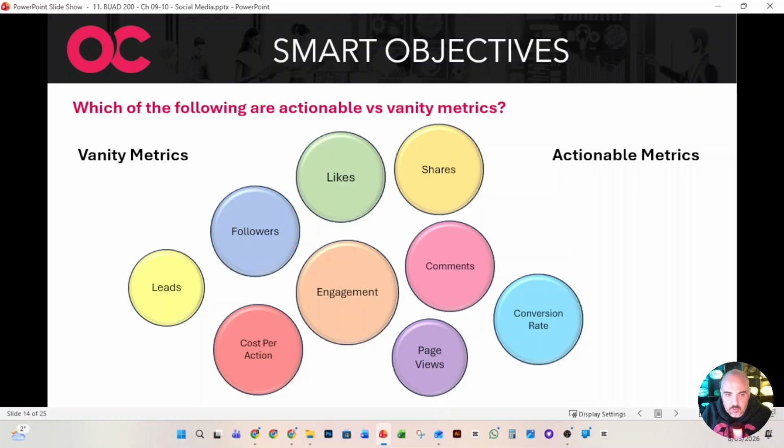So some of these would be vanity metrics and some of them would be actionable metrics. So just have a look at these first, guys. I'll give you a second here. You can pause it if you don't want to get the spoilers. Because we will jump right into it, and I'll have a look to see that our vanity metrics are things like followers, likes, comments, and page views.